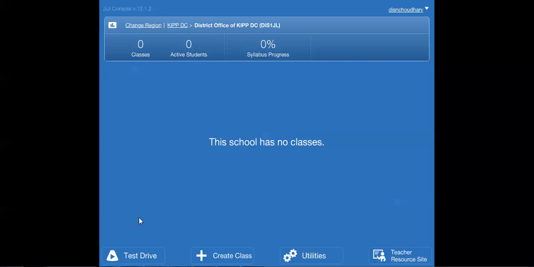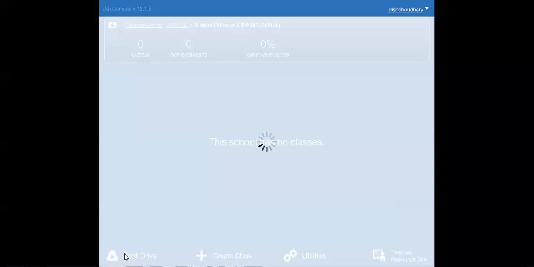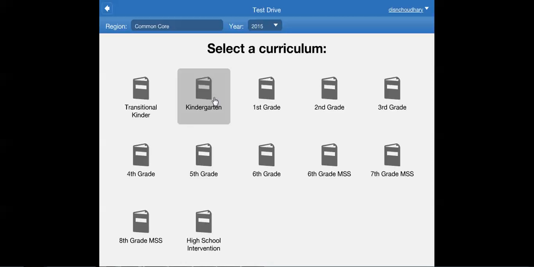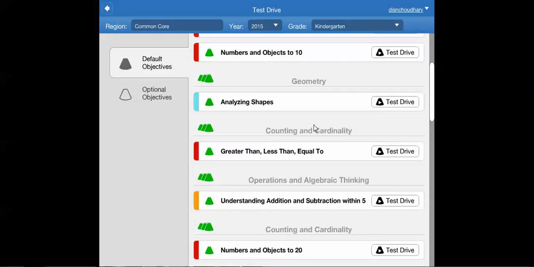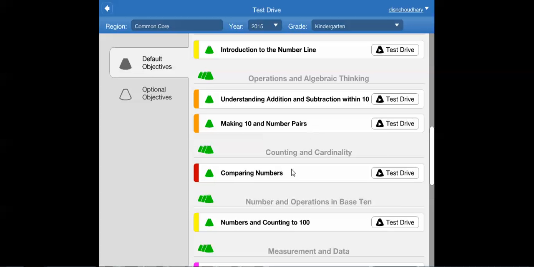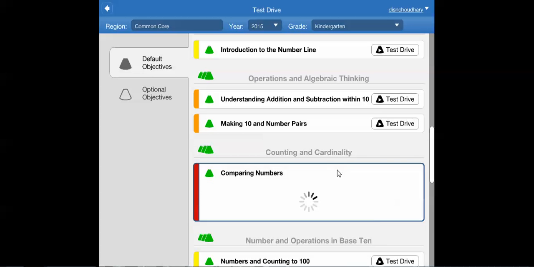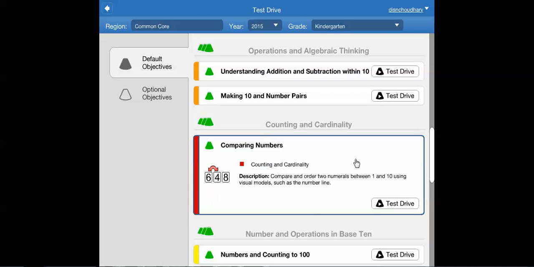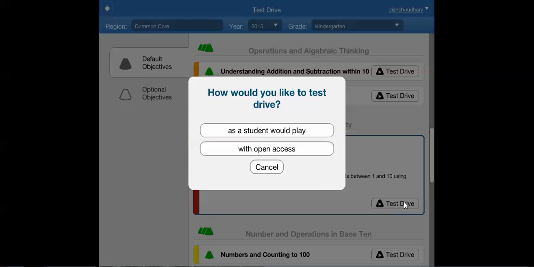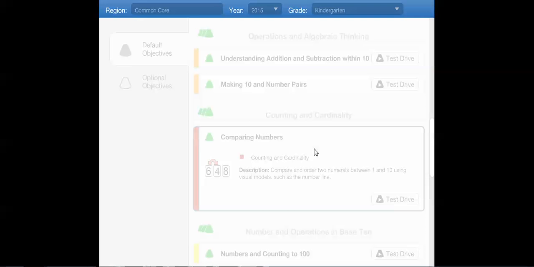This preview lesson is for comparing numbers, game More or Less Parachute, and level 4. So first we'll click on Test Drive, then we'll select the kindergarten curriculum, scroll down until you see Counting and Cardinality, under which you can find comparing numbers. From there, select Test Drive once again, select with Open Access, and now you can preview your game with your